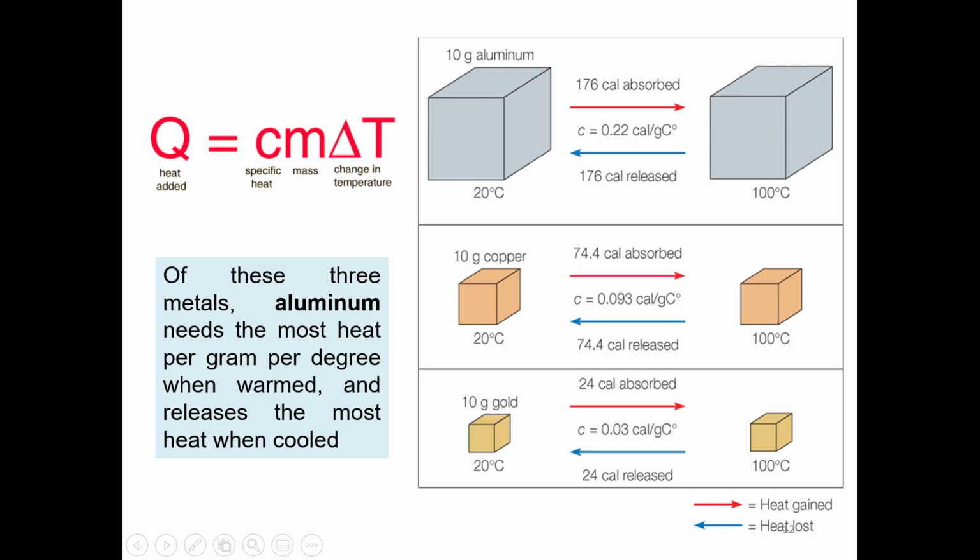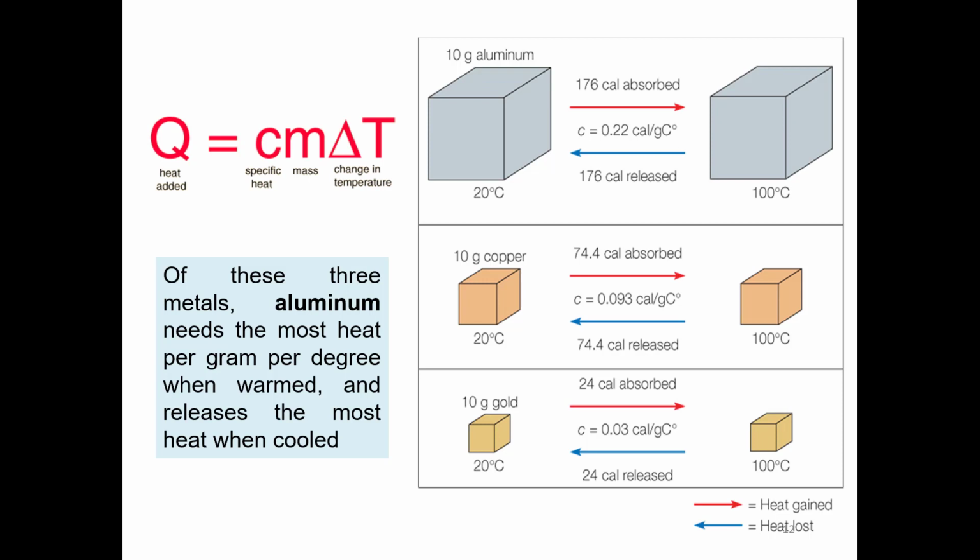But in the case of gold, with the same mass and the same range of temperature, gold needs just 24 cal. The reason we had different amounts of heat is that the specific heat of the material is different. The specific heat of gold is just 0.03, of copper is 0.093, and of aluminum is 0.22. Then this is why